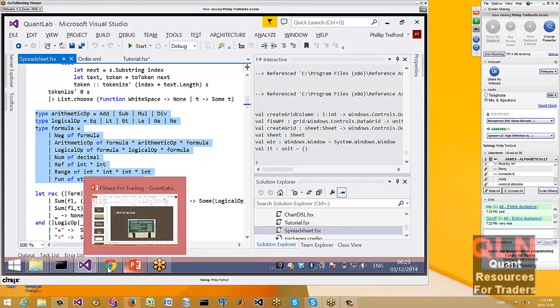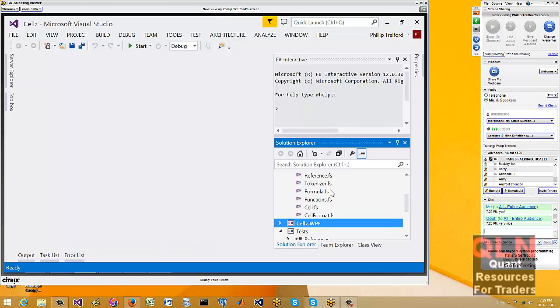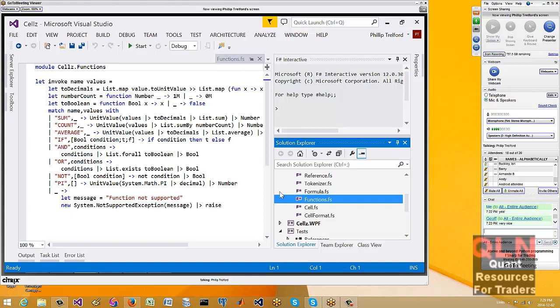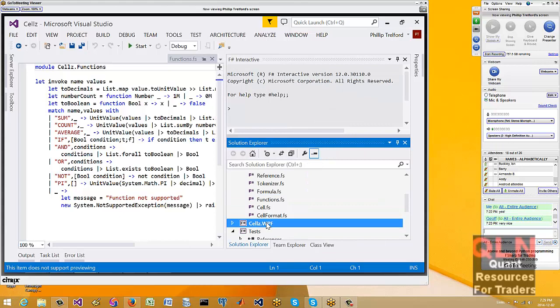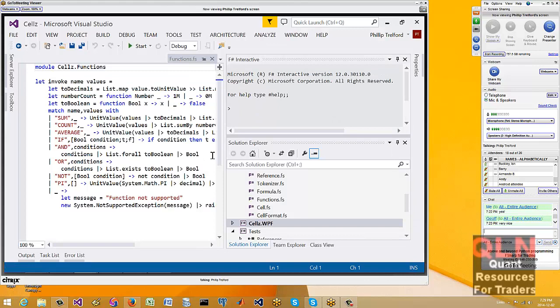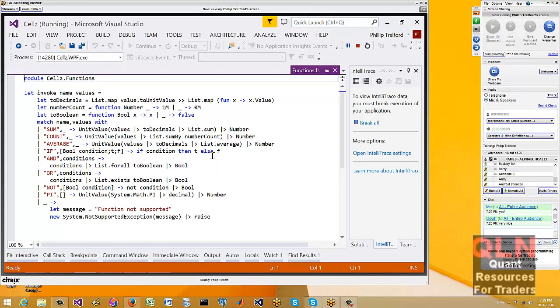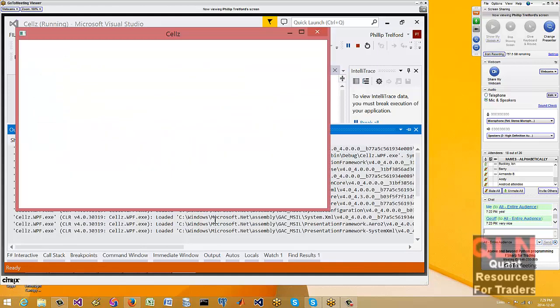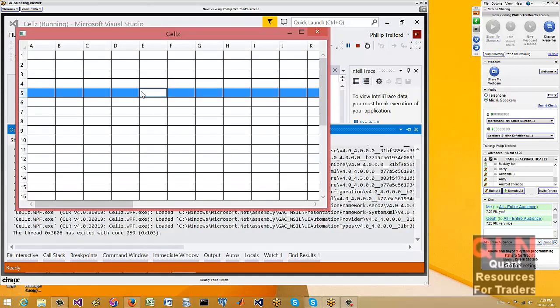Now, if I want to scale that up a little bit more, I'll just pop over to an open source spreadsheet application I've written. Now, this is about 1,000 lines of code. Just waiting for that to start. And again, you see it's all a boring spreadsheet.